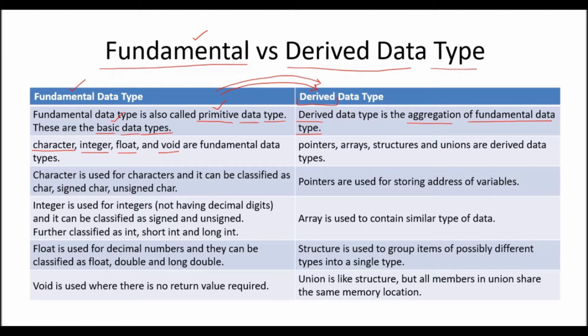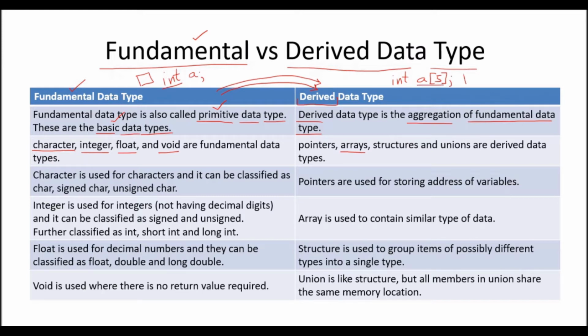Just like, let us take a few examples. Suppose integer is there. This is a fundamental data type, and int a I can assign. Now by this int a, I am going to reserve one memory of the system. Similarly, there is one more data type which is derived, taken from fundamental, that is array. So there I say int a[5]. Now this is an array of 5 elements.